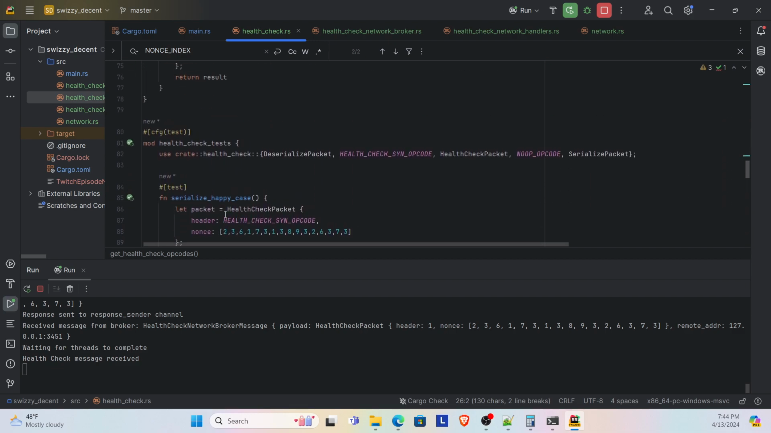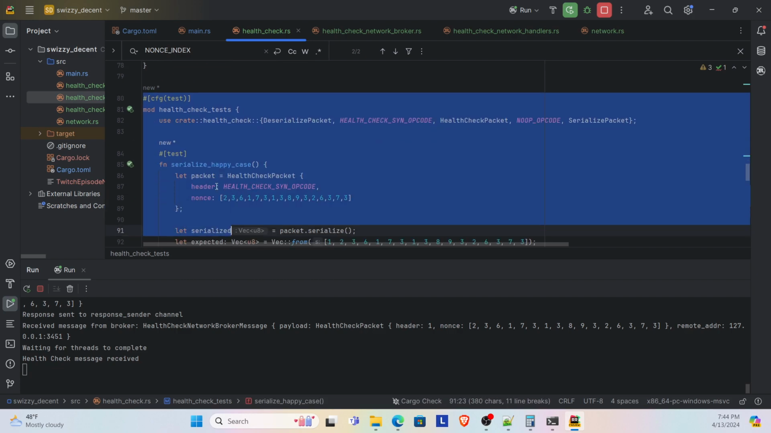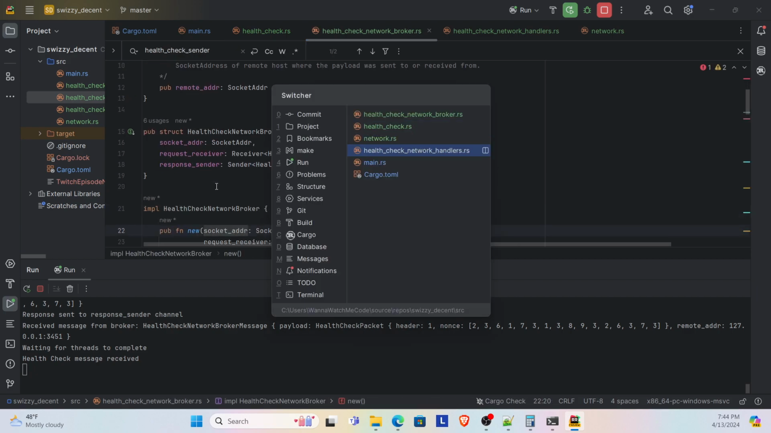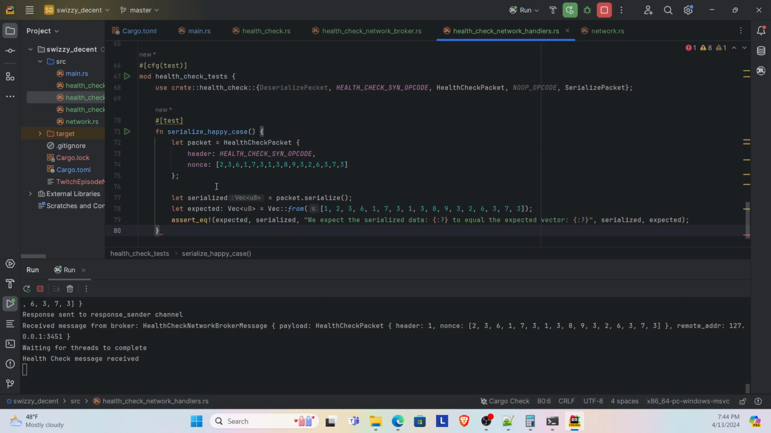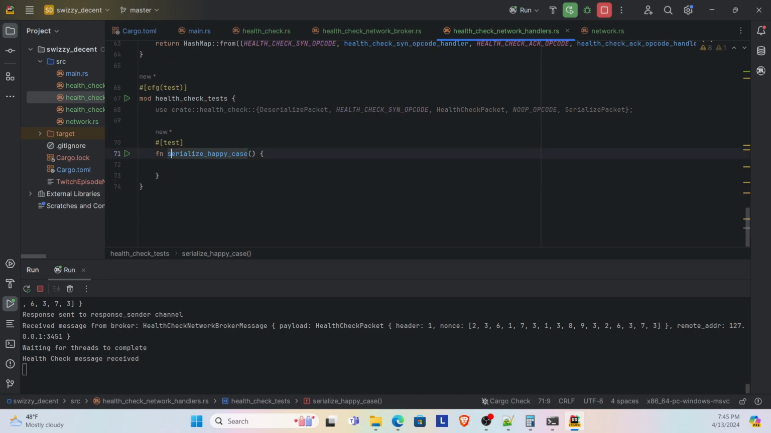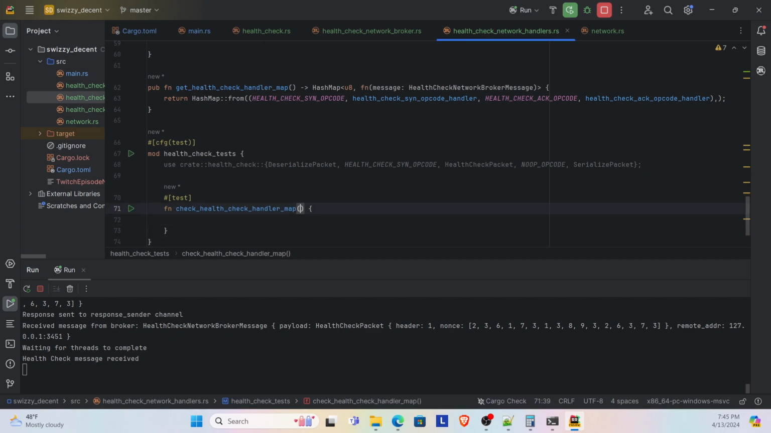Okay, let's go here, test. Let's just copy from there to here. Okay, let's go there. Okay, got that. Delete the contents. I'll do check. Health check handler. Contains handlers. Okay, so we'll do let